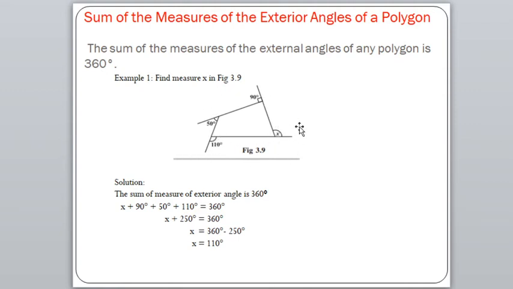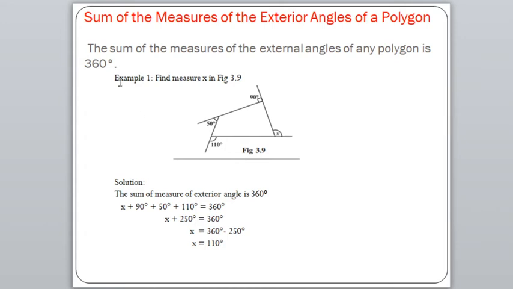It has taken a round, or we can say a circle, and we know that the measurement of a circle is 360 degree. From the starting point to the ending point is the 360 degree measure of a circle, and here we have taken the round. So we can say the measure of all exterior angles is 360 degree. It means the sum of all exterior angles is 360 degree. I hope now you understand why the exterior angle measure of any polygon is 360 degree.